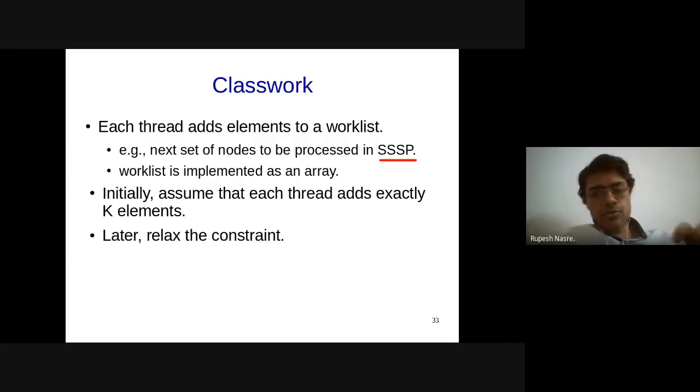Okay, so there are two suggestions here, and each one of those needs to be discussed. Let me just take up Amit's suggestion. So we have this for loop: i equal to k into thread id, i less than k into thread id plus k, i plus plus, add element to work list of i. Yeah, so this is similar to what Niranjan was suggesting initially, that you fix a chunk for a thread.